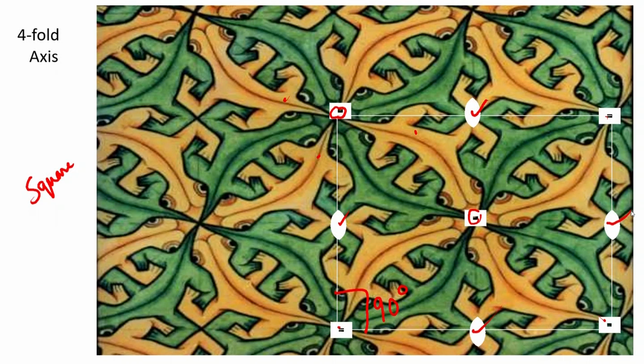Just to make life easier at this particular moment, we see that this lizard has no symmetry. And even though the lizard does not have any symmetry, the way in which it gets arranged in this lattice produces these 90-degree angles. So, we have this 90-degree angle because of the presence of the lattice, and therefore, these objects which have no symmetry by themselves can use this fourfold symmetry and arrange themselves in this.